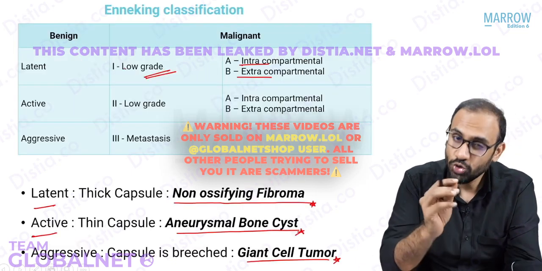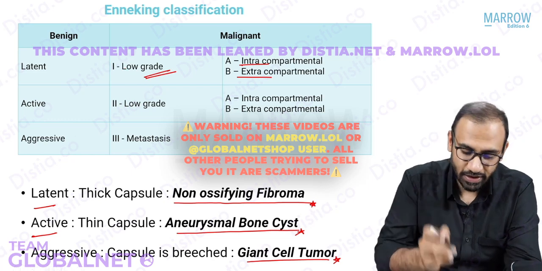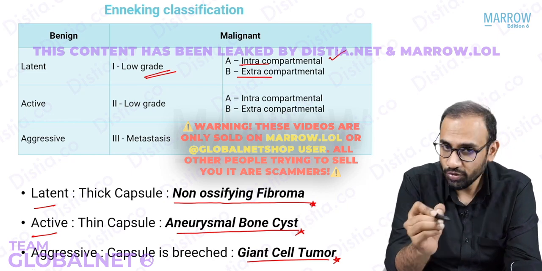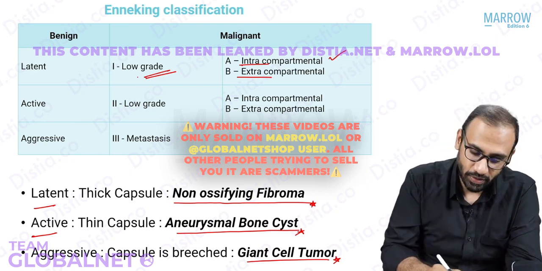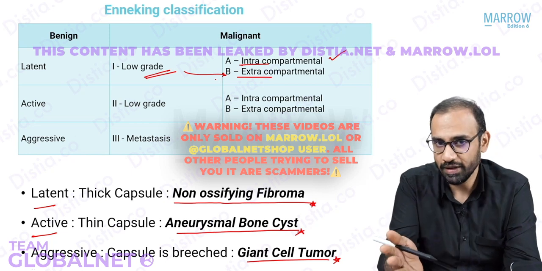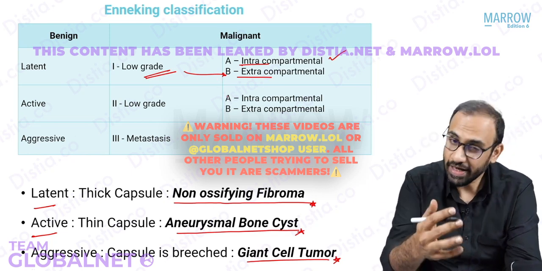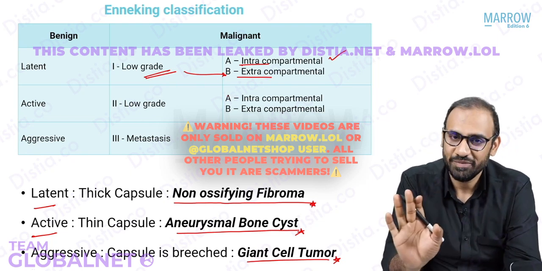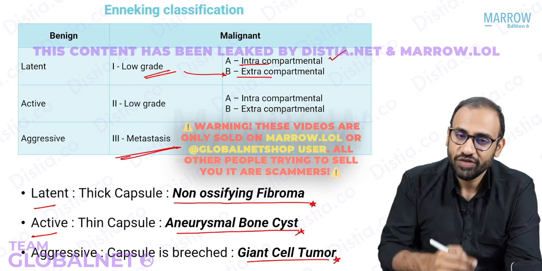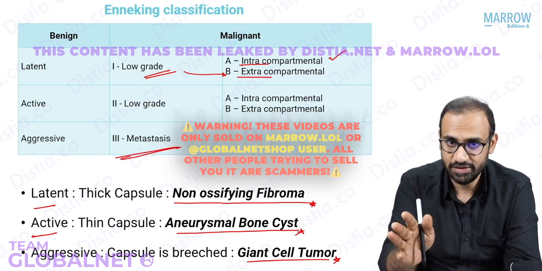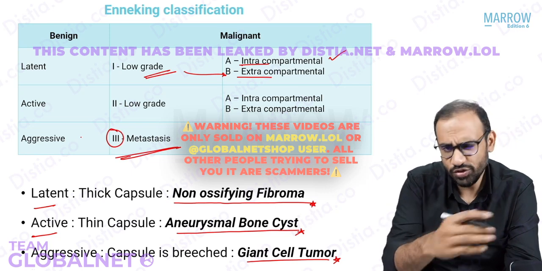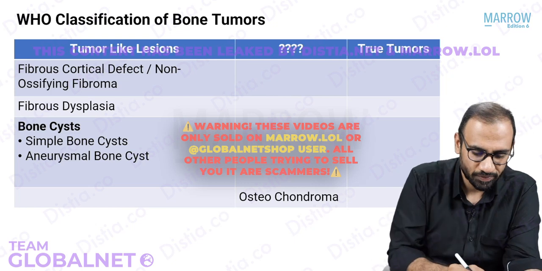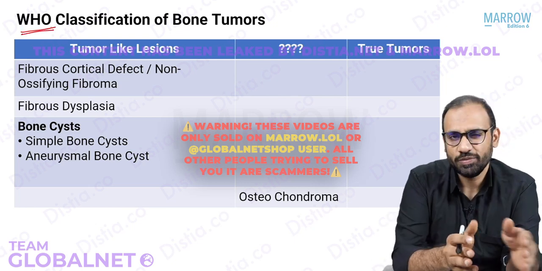If the tumor grows beyond the bone and moves into the soft tissue, you would call it extracompartmental bone tumor. Okay, so low grade tumor that remains inside the bone is 1A, that is low grade intracompartmental, and a low grade malignant bone tumor that grows beyond the bone is 1B, that is low grade extracompartmental. Similarly, 2A is high grade intracompartmental, 2B is high grade extracompartmental. Okay, and any grade, whether it's low or high, if it metastasizes, we call it 3. So this was the staging given by Enneking. Okay, is that clear?